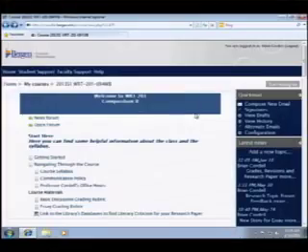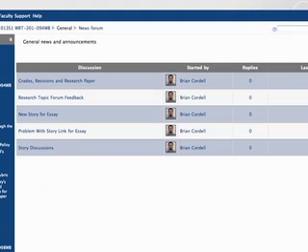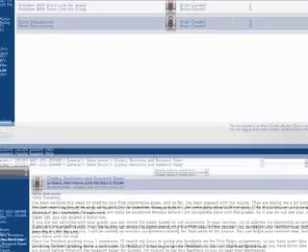The final thing that you want to be aware of when taking an online course is that all of the communication in the course will be sent through your Bergen email address. Discussion forums are posted in the course itself, but your professors may use quick mail to communicate with you one-on-one, and you may want to send an email to your professor so that the other students aren't aware of it. There are also news forums that send announcements to the entire class. When your instructor posts something here, you can access it within the news forum and go and find out important information that the professor wants to let you know.